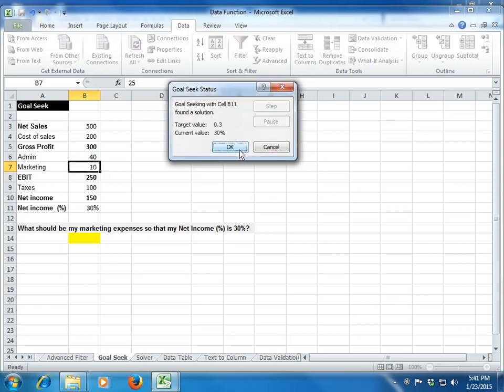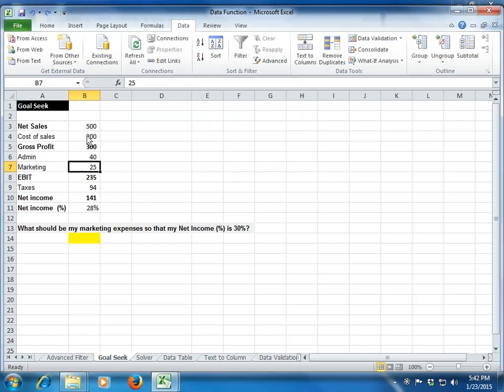You see that Excel gives you an output. It says target value was 30%, current value is also 30%. So your goal has been achieved. Goal Seeking with cell B11 found a solution. What is my solution? My marketing expense, which was earlier 25, has now changed to 10, and my net margin has increased to 30%. It's up to you whether you want to keep this solution or not.